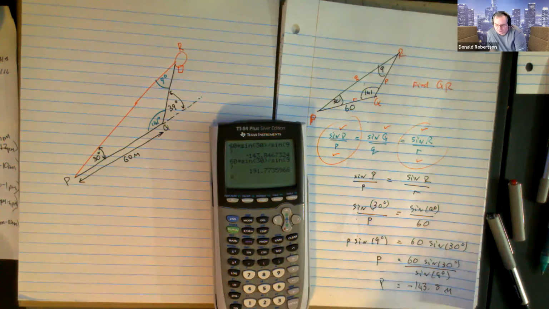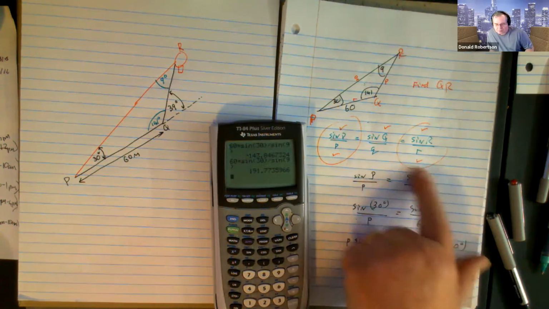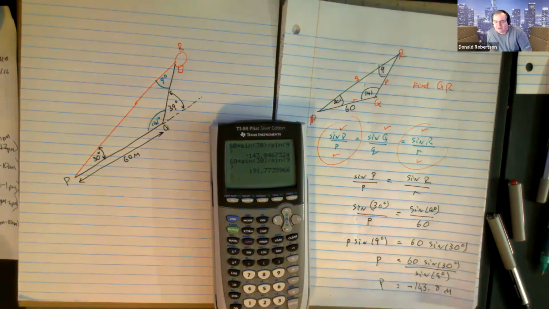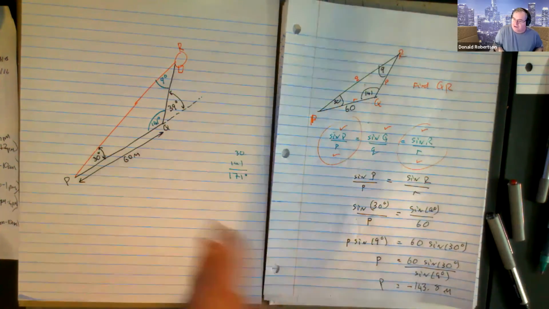If something goes wrong, oh God, how many times have I made a mistake? Do you know sometimes you type in 6 because you just didn't pay attention and the answer comes out weird, right? Since I'm going to be seeing all your working, I can check that. That's an easy thing for me to do. So you don't want to waste time spending another 20 minutes doing it. That's just bad